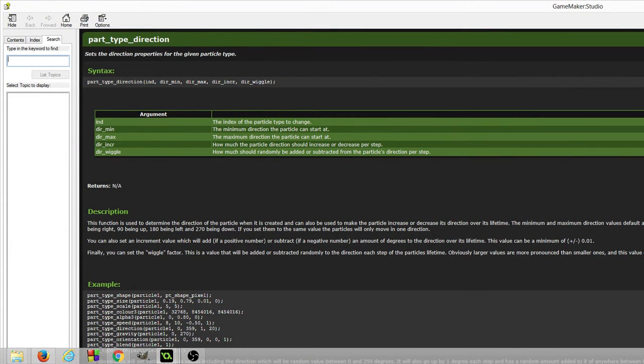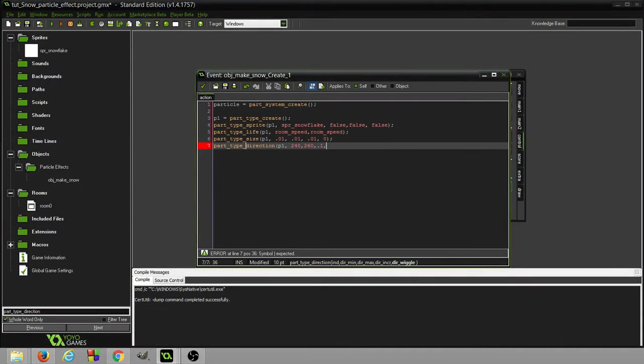And the wiggle, and I think we want that to be 0. I don't think we want it to do that. Then we have our sprite, we have our life, size, direction, and speed. Our part type speed,